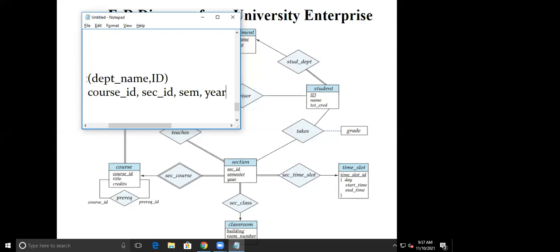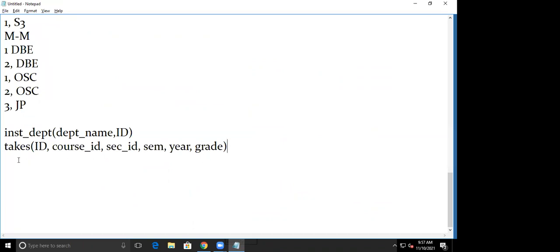So these are the attributes of a primary key of the section. And takes, this is a relationship with this is having its own attribute as a grade. So grade will be also added into a relation model, relation of a takes.